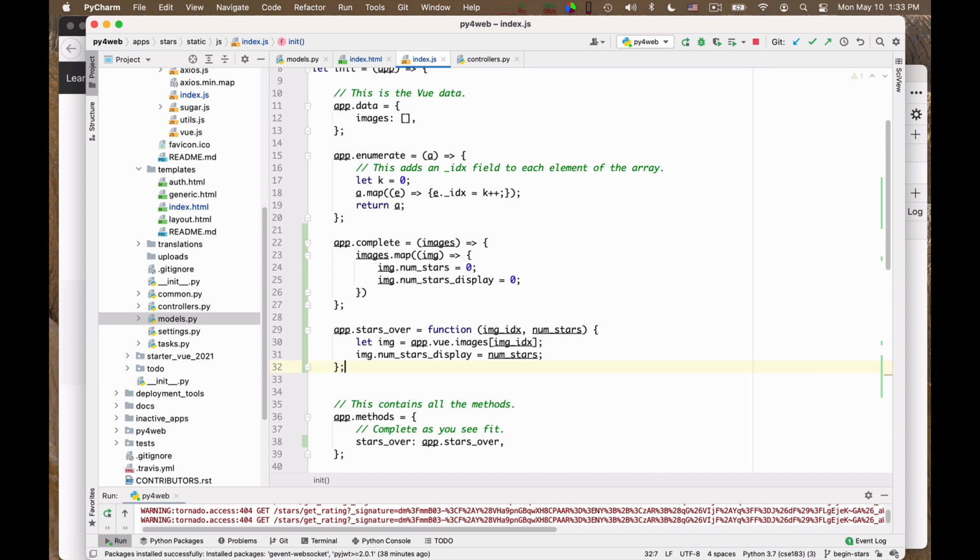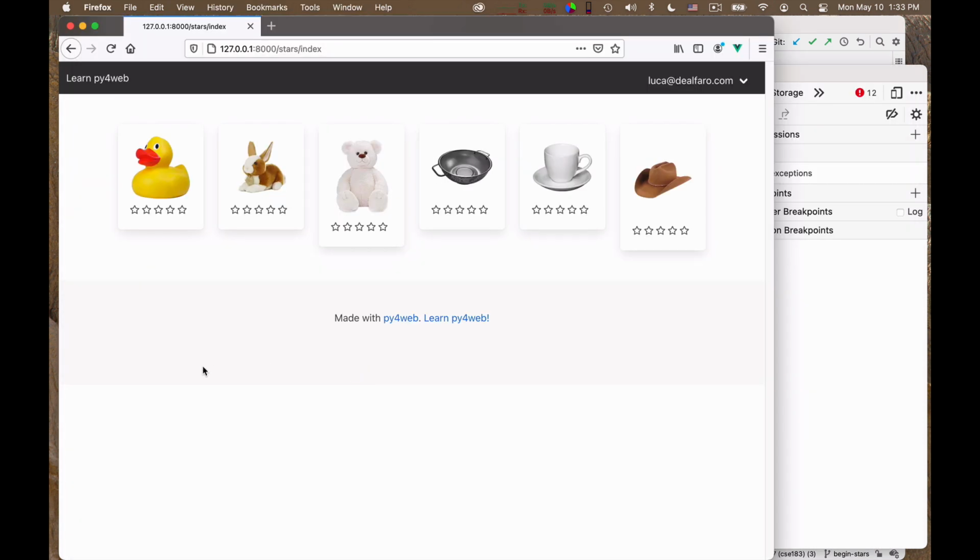Okay, so if we do this, let's reload the page a moment and see whether this works. Yes. Perfect. Maybe not so perfect, but I will take care of these later.